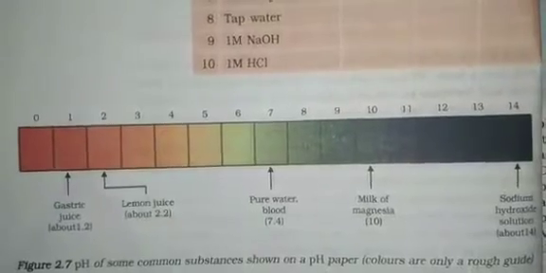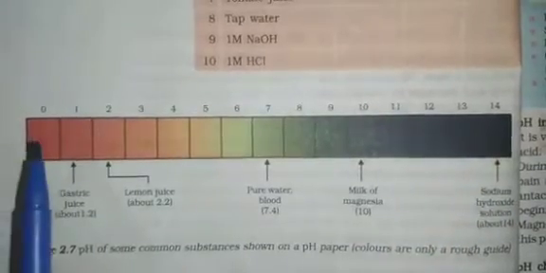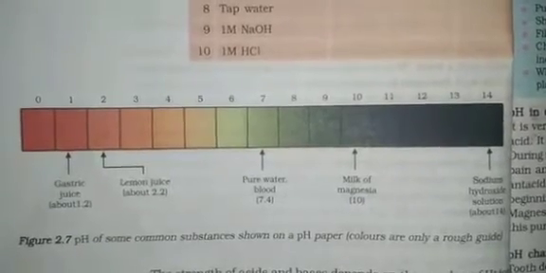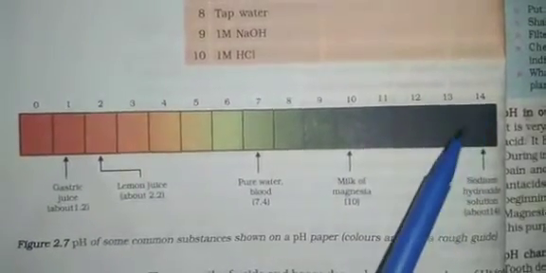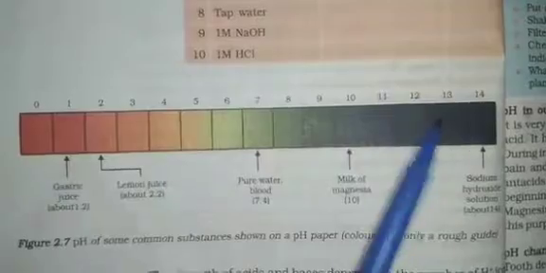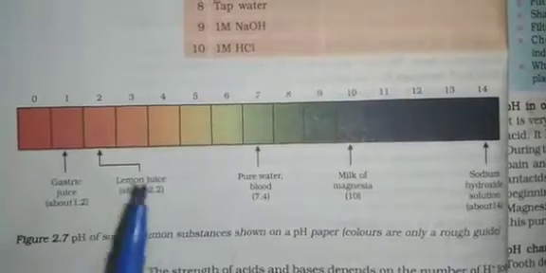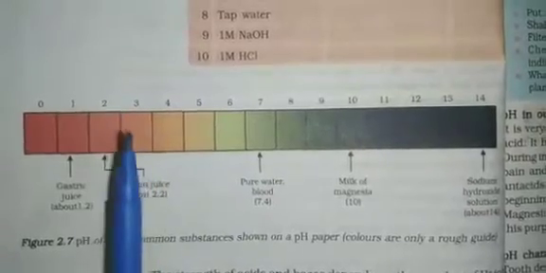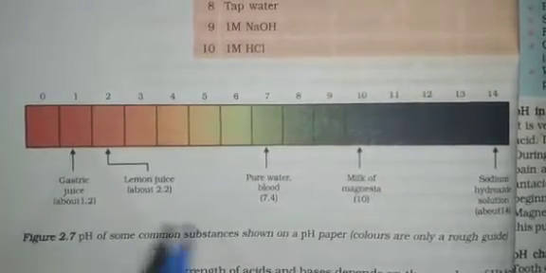On the pH scale, we can measure pH generally from 0 to 14. So the pH scale varies from 0 to 14. 0 means it is very acidic. From 0 it is very acidic, and 14 is very much basic, very alkaline. And pH should be thought of simply as a number which indicates the acidic or basic nature of a solution. So it will indicate whether the solution is acidic, how much acidic or how much basic.